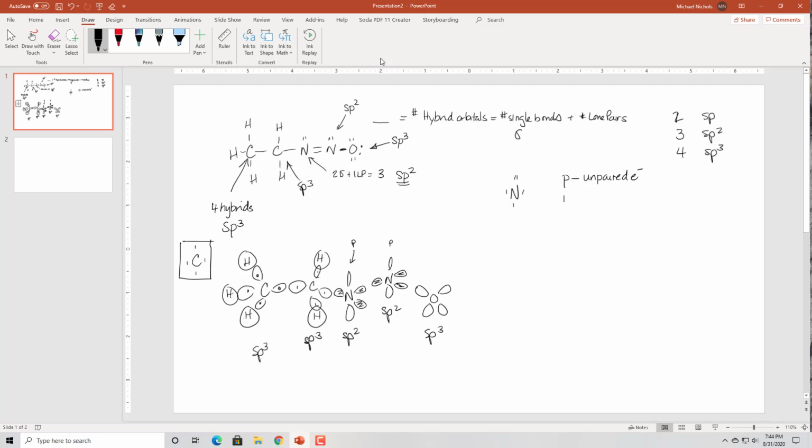And that means that the hybrid orbitals are where the lone pair go. So if you have a lone pair, it has to go into the hybrid orbital. So that means for this nitrogen, it's going to have one of its unpaired electrons in the p orbital. And we always form these head-to-head overlaps of sigma bonds by one unpaired electron in that sp2 hybrid orbital overlapping